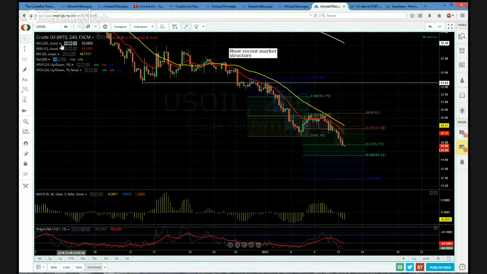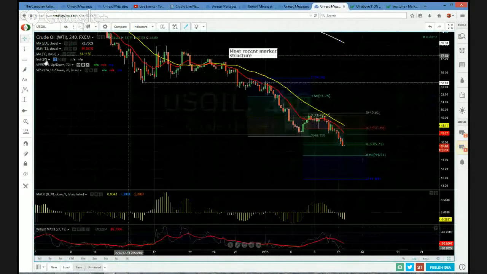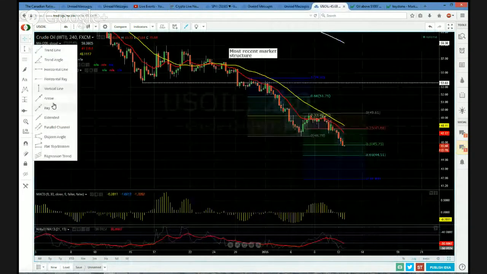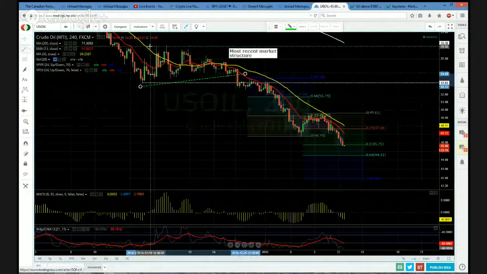So, just looking at the 4-hour chart here, we're looking at the CFD intraday market, because TradingView doesn't give us intraday charts on the crude. So that's why we're looking at this right now. You can argue that we had, again, the same sort of thing as off the higher time frames. And that's the irony of technical analysis: it works often no matter what time frame you're looking at.